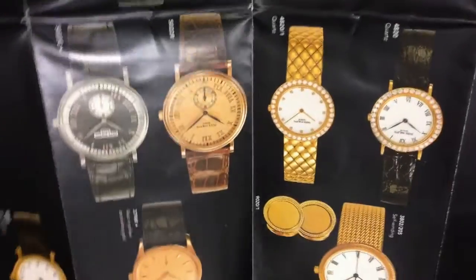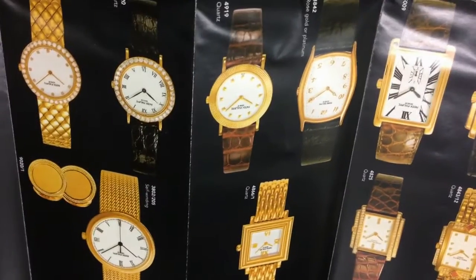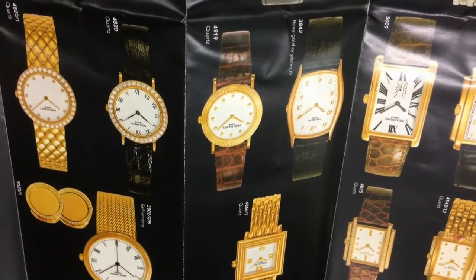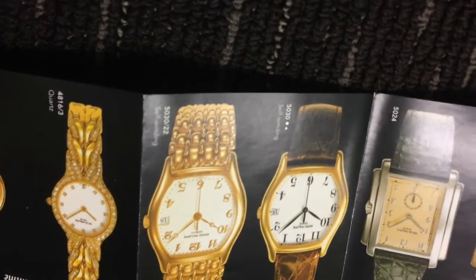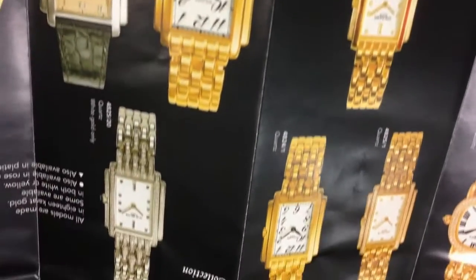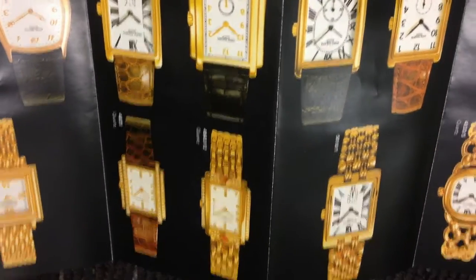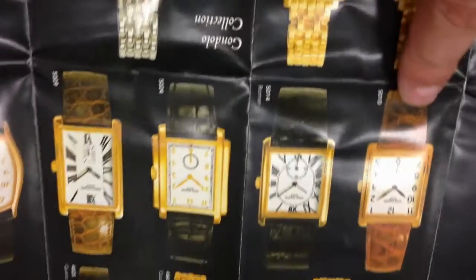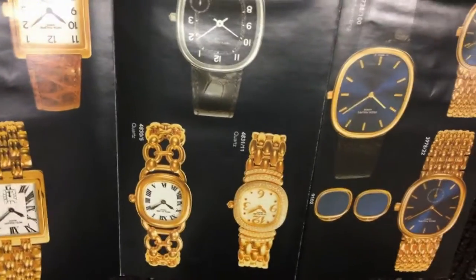You can see the progress, and a lot of these models, this is 1999, are no longer available. But let's have a look here. The gondolier, there's the 5024, that's beautiful. The other beautiful piece which I really love in this range is the ladies gondola. The gondola was the inspiration for the Patek 24, so this is just before the Patek 24 ladies piece came out. Another great piece, which I've actually owned one before, is a 5010, which is a smaller size manual wind piece. The ellipse has dated a bit now,